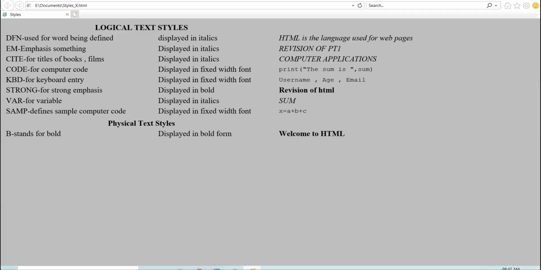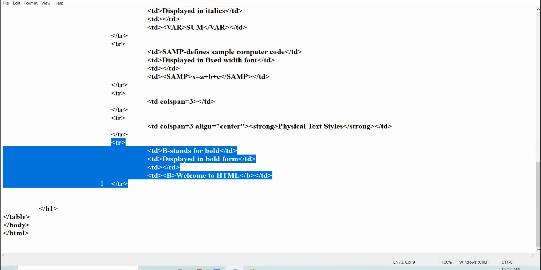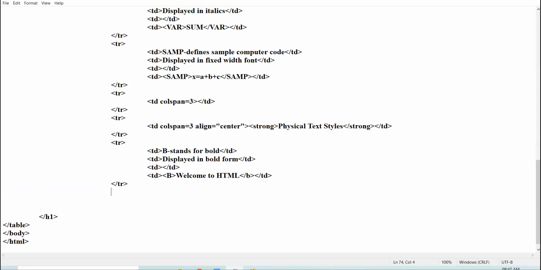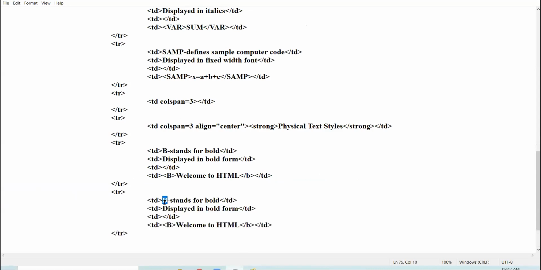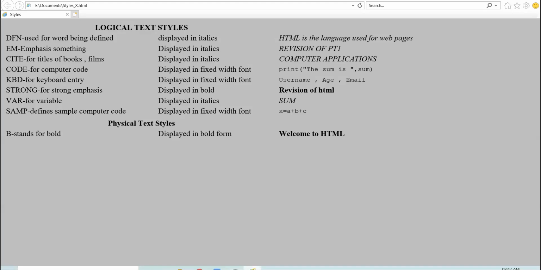All right. Then next, you should be very much aware about what are the logical text styles, what are the physical text styles. I tag. I stands for italic. Displays text in italic form. Okay, like I display it here. See, the output is coming in italic form. Am I clear?